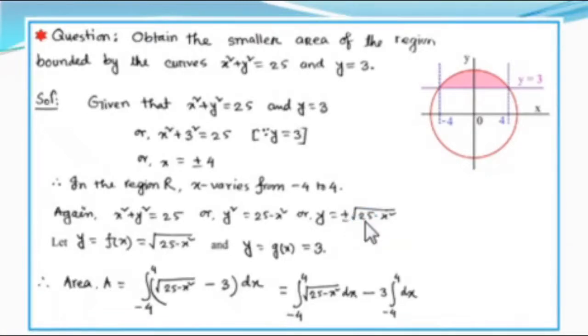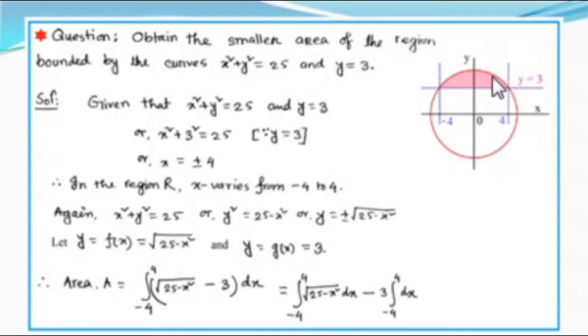Similarly, last problem of this lecture: obtain the smaller area of the region bounded by the graphs x square plus y square equals to 25, this is a circle of radius 5, and y equals to 3. এই সার্কেলকে y equals to 3 লাইন দ্বারা যদি কাট করা হয় তাহলে দুটি রিজিয়ন পাওয়া যাবে। একটা হলো শেডেড রিজিয়ন উপরের দিকের অংশ, আর একটা হলো হোয়াইট রিজিয়ন, that is larger region of the circle. সার্কেলের দুটো রিজিয়ন, একটা স্মলার রিজিয়ন যা শেডেড করে দেখানো হয়েছে, আর একটা হলো লার্জার রিজিয়ন। প্রশ্ন করা হয়েছে obtain